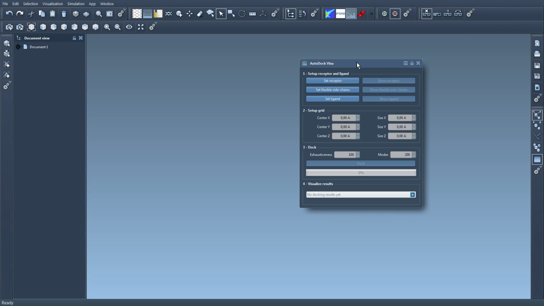And thanks to its license, it was possible to include it in a SAMSON element and make a very simple interface for it that makes it very easy to dock a ligand into a protein, a receptor. Okay, so